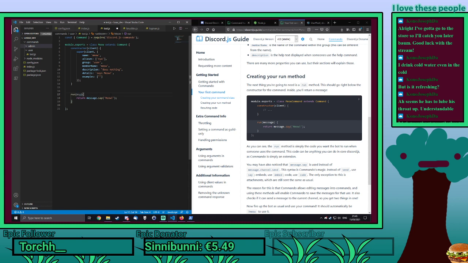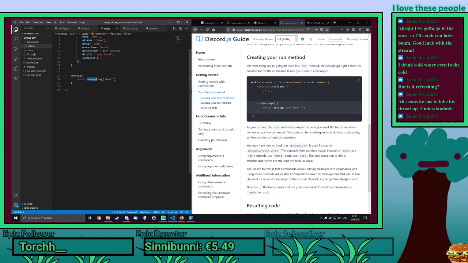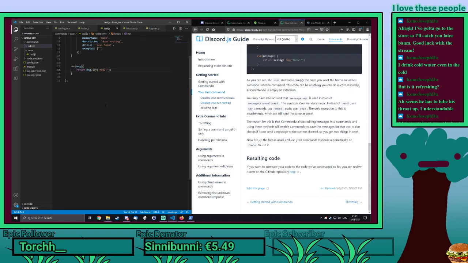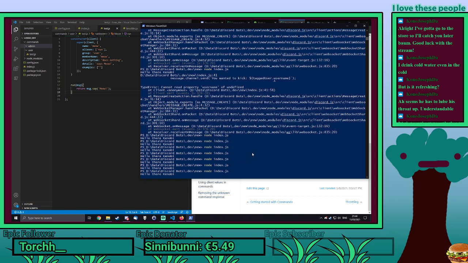We actually don't need the async, that's just a new thing. We'll just ignore that. And we run saying meow, and you see how this is darkened out? That's because I need to actually put message into it so that we can say the message, basically. If I put a message here like this, then I'll just have to put MSG like that, and then it'll work as well. We'll just be different from the code example. Yes. But now we can stop this,